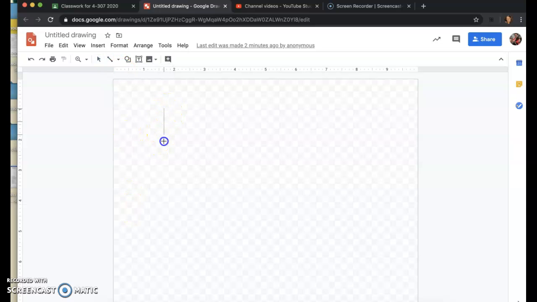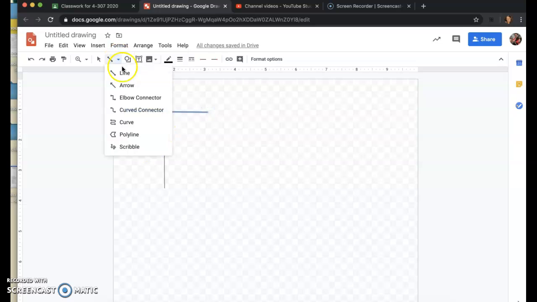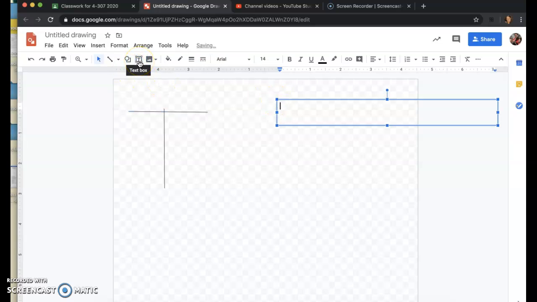I'm going to make my tally chart by using a line so that it's relatively straight. See, two relatively straight lines. I did that by selecting line. Now, I'm going to select the type feature. Here are the options that I'm going to give my friends. Type feature is that text box. I'm going to give them,